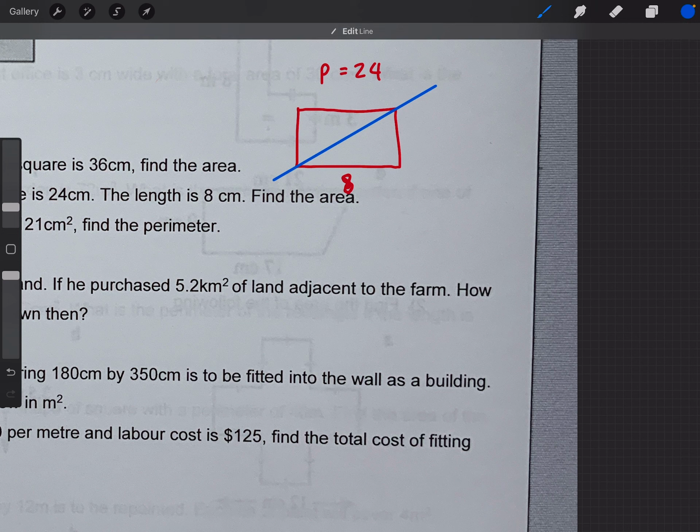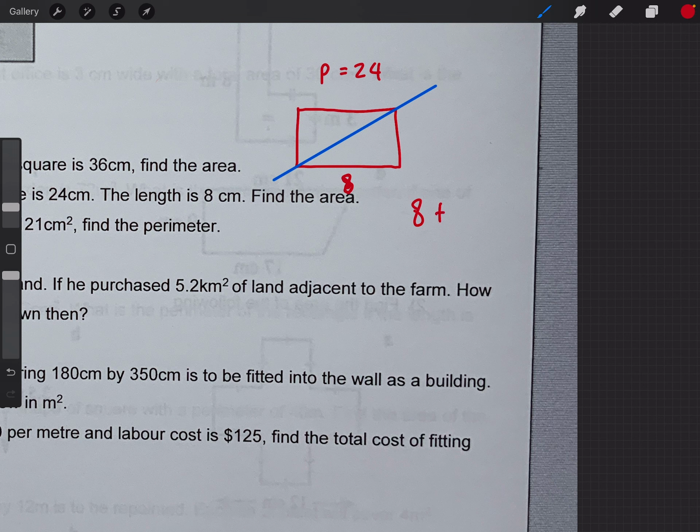It means that the 8 plus this width, let's call it W. Okay, 8 plus the width, it's only half of the perimeter, 24. Okay, the perimeter is 24. Half of the perimeter must be 12. Okay, so because we only have half of the perimeter here, this side is the one half, this side